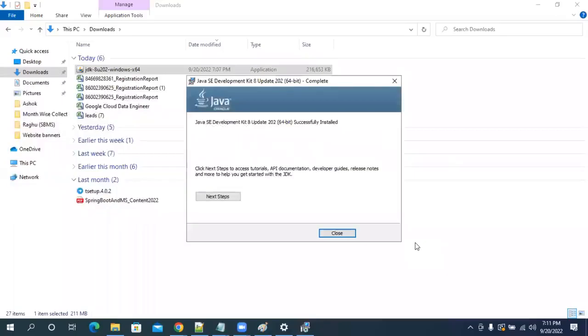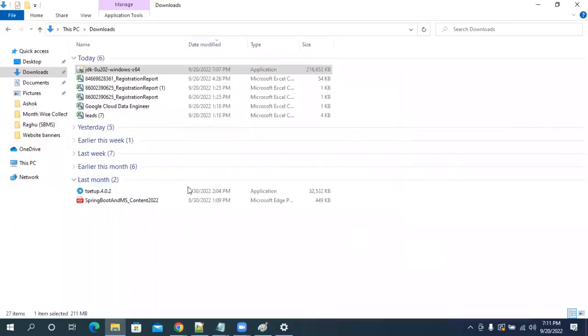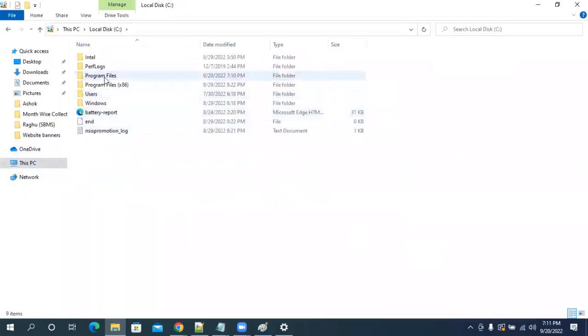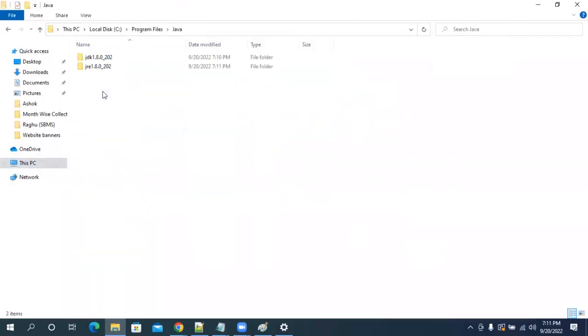Perfect. Click on close. Go to the directory C, Program Files, Java. Can you see there are two folders just now installed? Two folders got created.